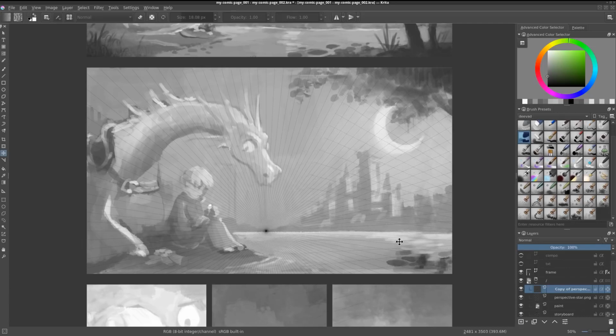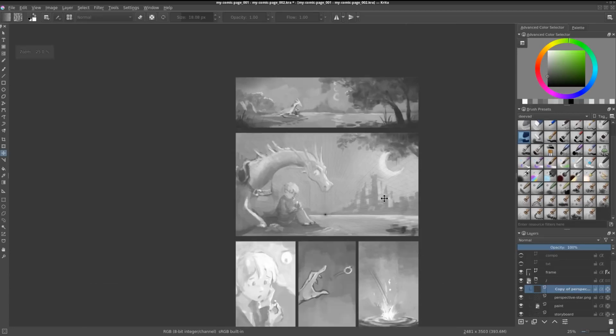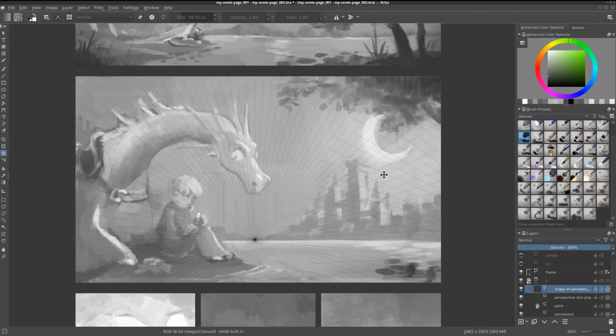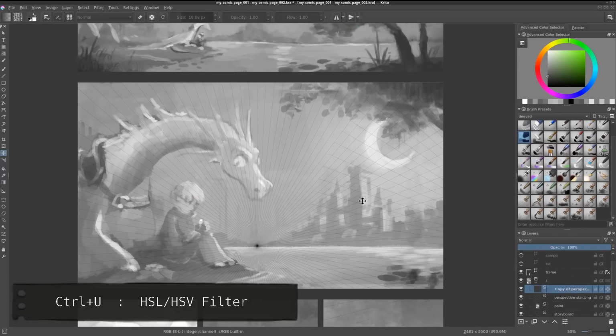On the same horizon line. Like this. And I try to adapt it to my crappy sketch. Like this. So I have an idea now how this perspective will work for this city in background. If I want to color this line of perspective, I just press Ctrl U